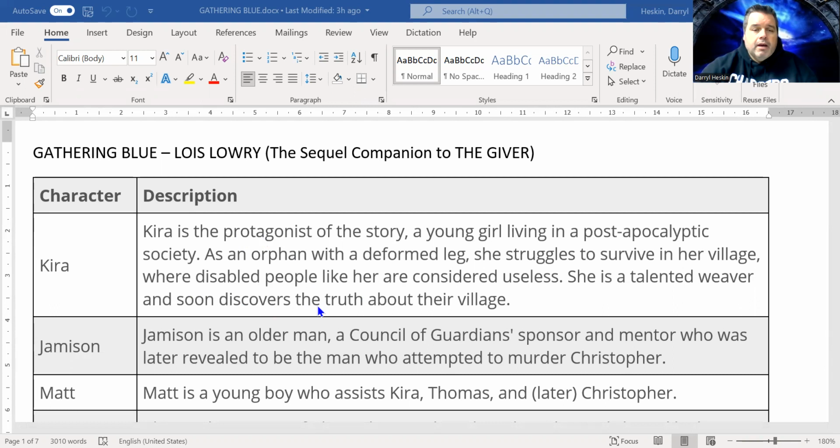And we do get a description of the post-apocalyptic society of what happened prior, and that's in the Ruin Song that the singer will be presenting in the fall, or the autumn. And so we do find out that she is physically challenged, and that separates her from the rest of the community. We do find out that she is a talented weaver,